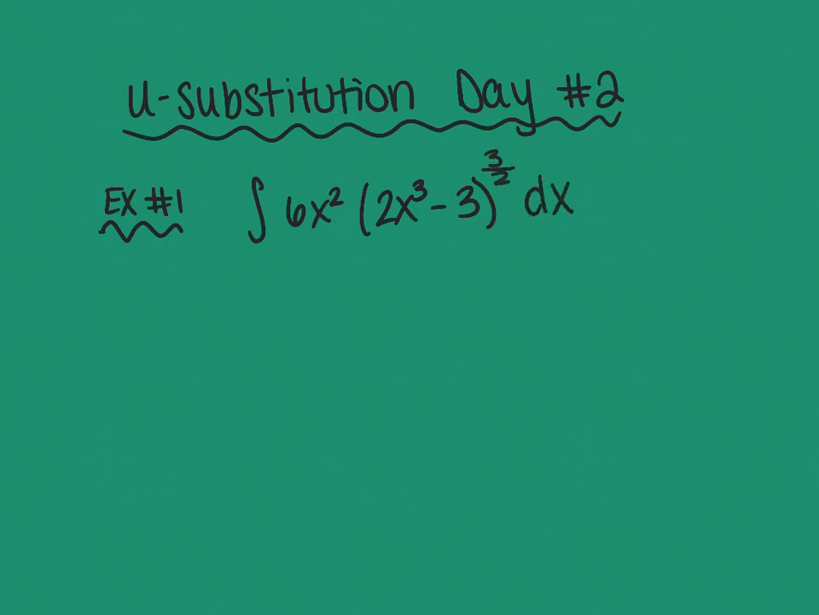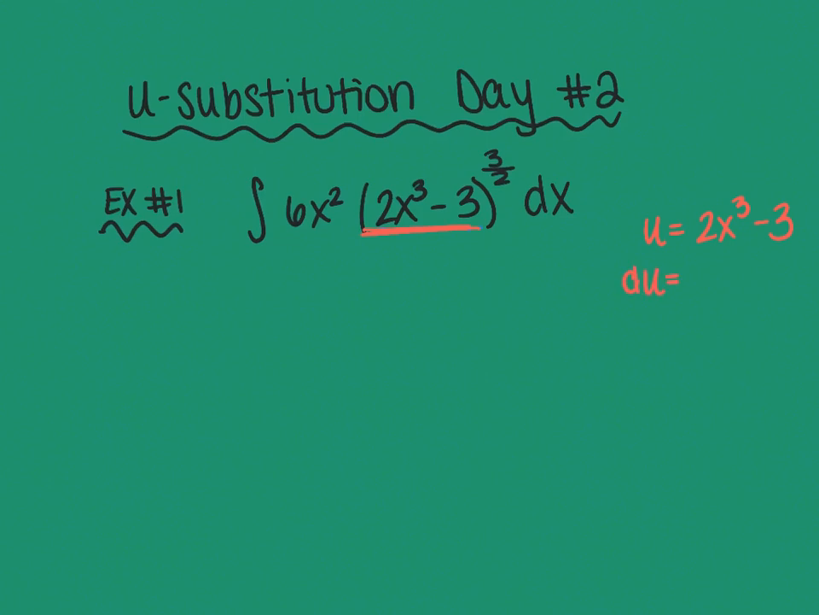Same thing like we did yesterday, we're going to let u equal the stuff that's inside the parentheses. So this part here is my u. I'm going to use a different color. So let's make u equal 2x to the third minus 3. Then we differentiate. So du,